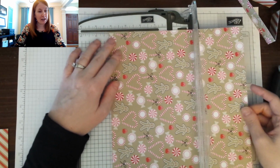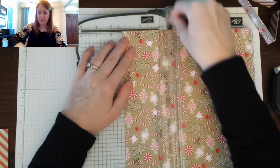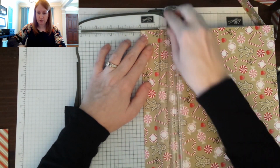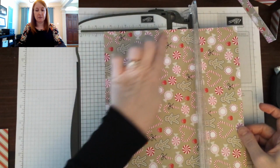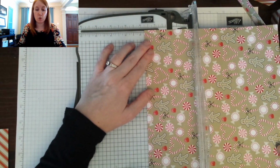So 4 1/2, and then you're going to move it down to 3 1/4, score it, and then move it down to 2, score it. Then you're going to flip it over, and on the other side of the 4 1/2, which is the center, so that's the center, it's already scored, you're going to move it down to 1 3/4